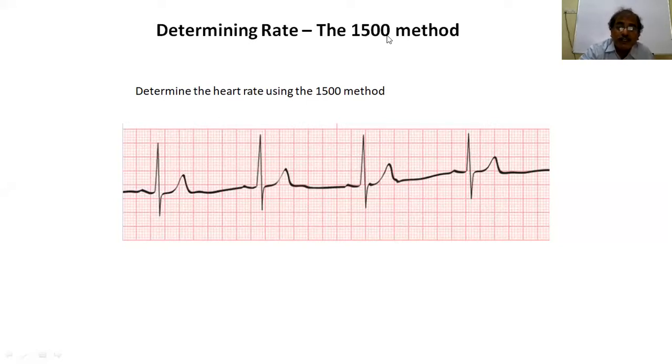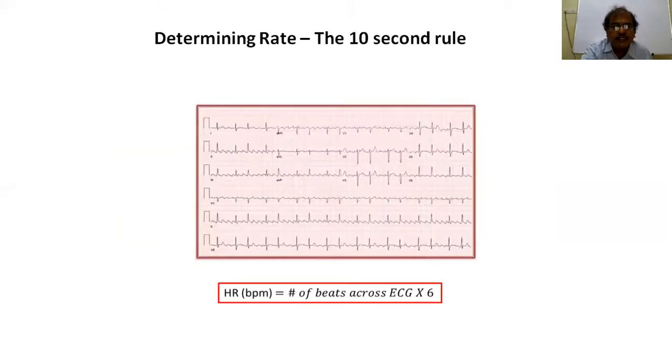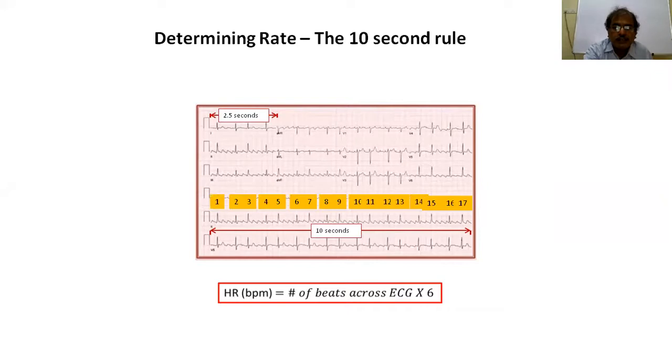Yes. So this is how you will calculate. Whenever the 300 method cannot be implemented, then you can use the 1500 method. So here, again the same thing. You see from here to here in the ECG, what you see is 2.5 seconds. In the rhythm strip, you have to see that this rhythm strip is of 10 seconds. So in this rhythm strip, how many are there?